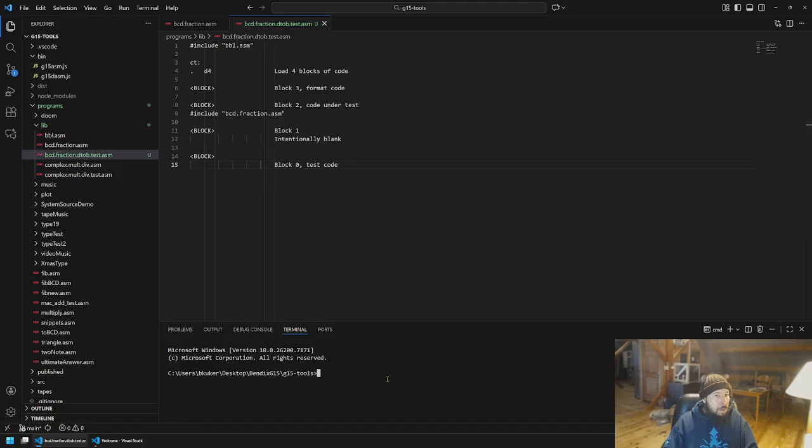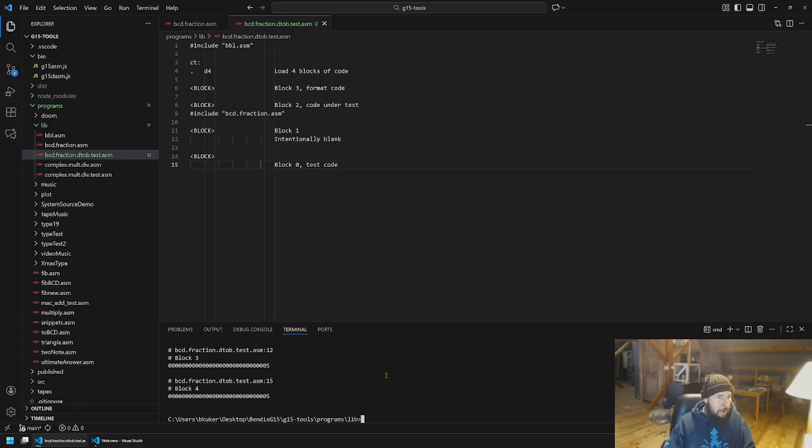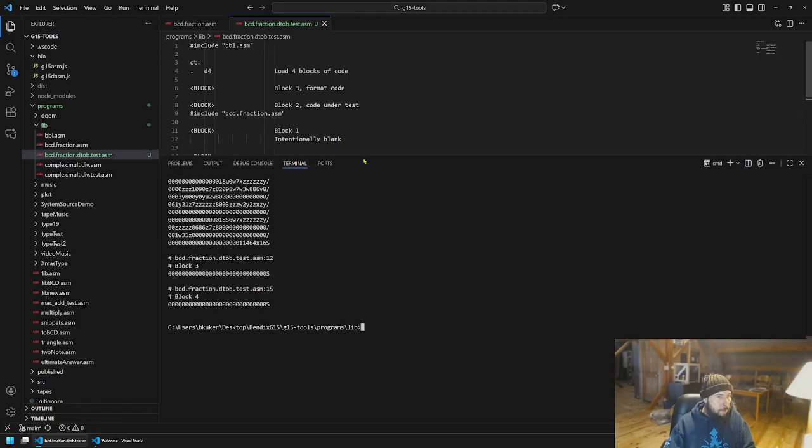So this is technically a functional program. It's not going to do much, but let's compile it and make sure we haven't screwed anything up here. npm run asm. It's been a minute. We'll make a bootable output, and we'll load bcd.fraction.d2b.tests.asm. A quick run of that, and we see, I'll embiggen this for a moment,